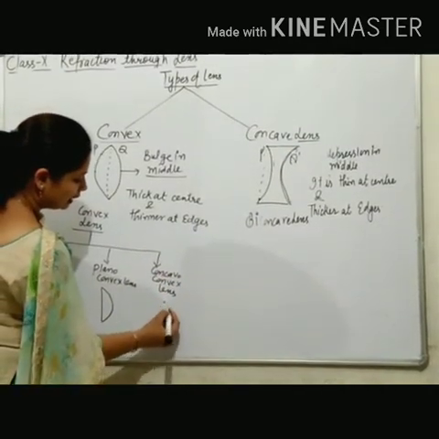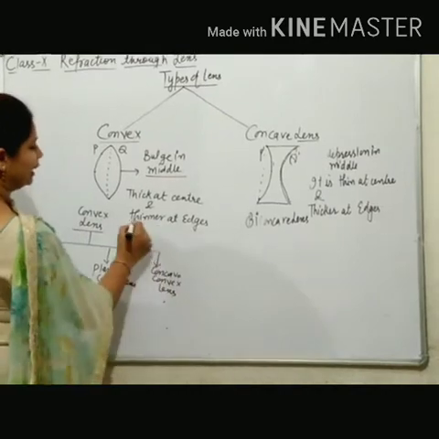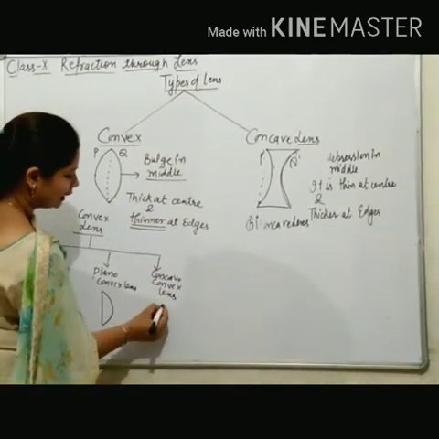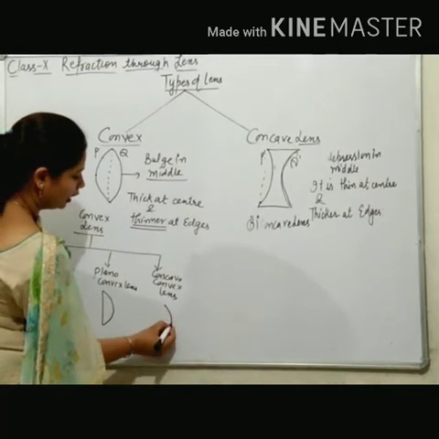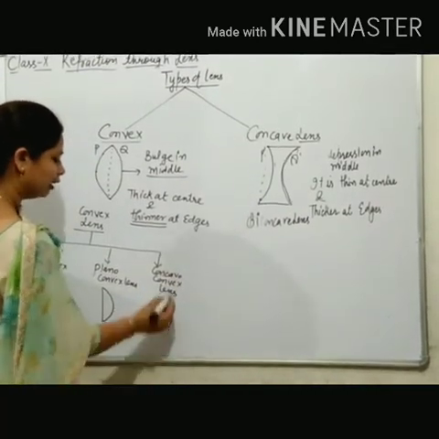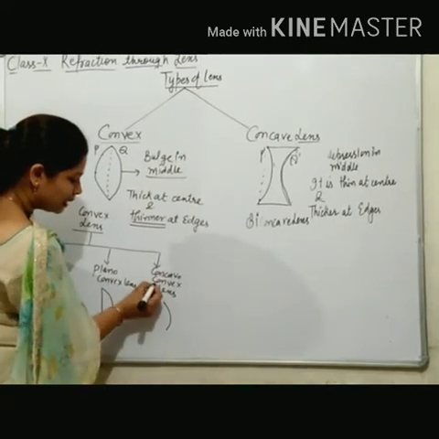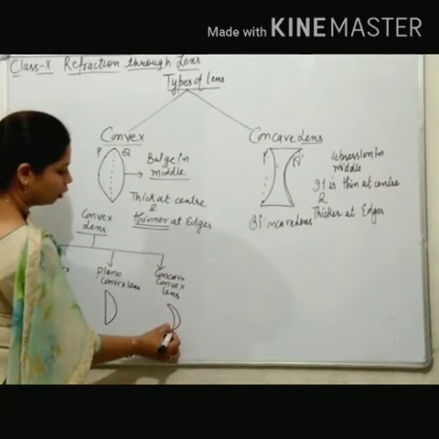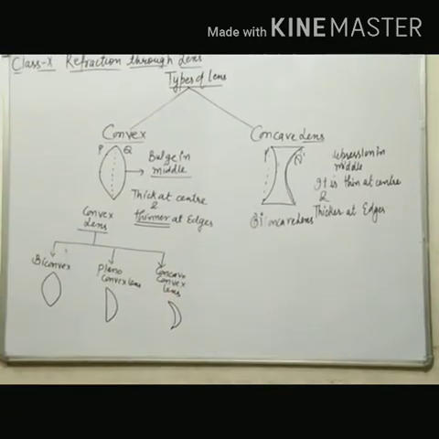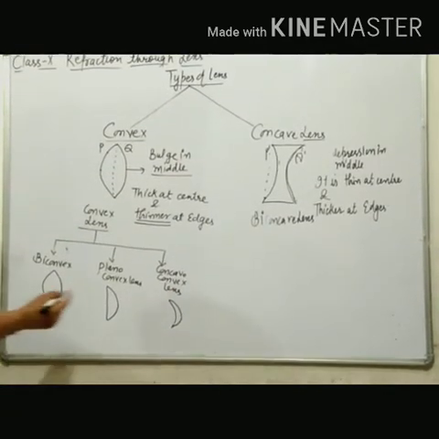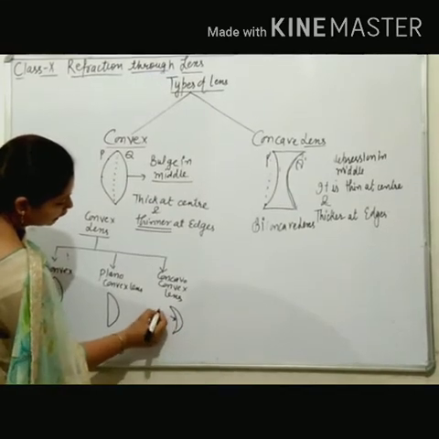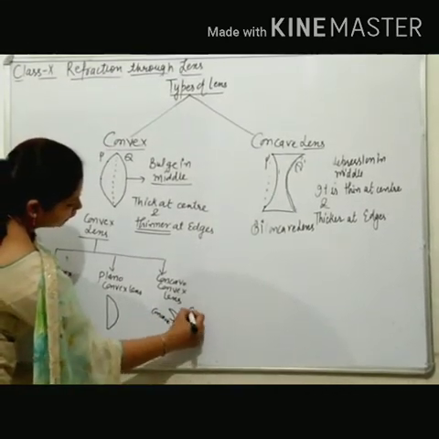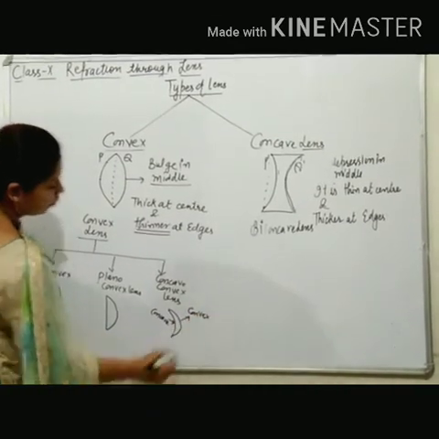And at last, concavo-convex lens. Starting from a point, because it is thinner at the edges. First is concavo. Concavo means going inward, depression inward. The second surface is from the same point but convex. Convex means bulging out. So it is a type of concavo-convex lens in which the first surface is going inward, it means concave, but the second surface is convex.